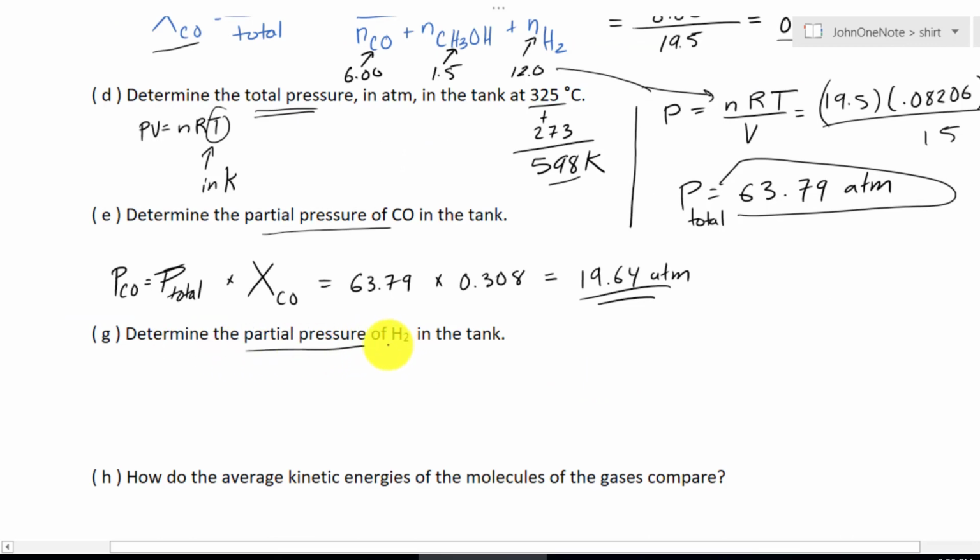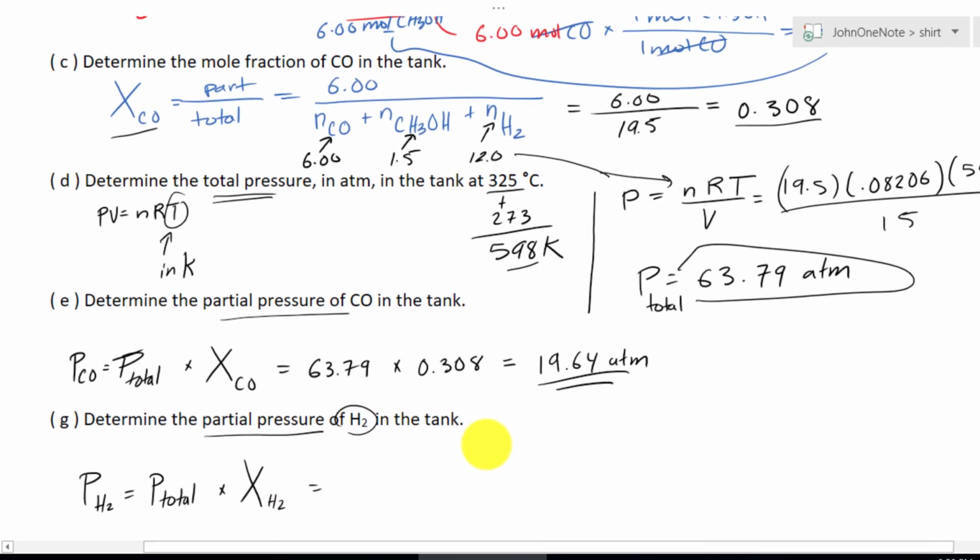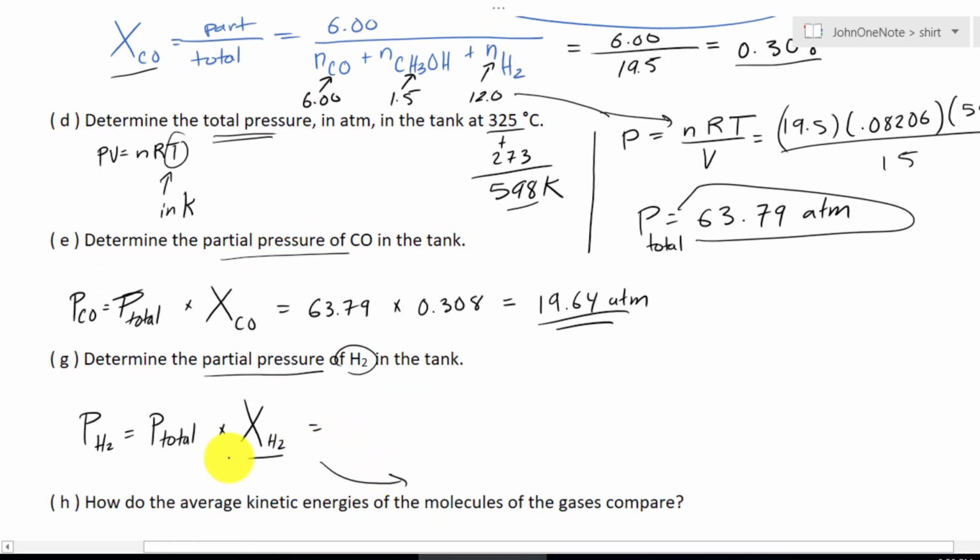Determine the partial pressure of hydrogen in the tank. The same thing applies in this case: PH2 is P total times the mole fraction of hydrogen. Well, do we know the mole fraction of hydrogen? No, we don't, but we can use the same concept. So how many moles of hydrogen do we have? We have 12 moles of hydrogen divided by the same total number of moles, which is 19.5. And 12 divided by 19.5 gives us